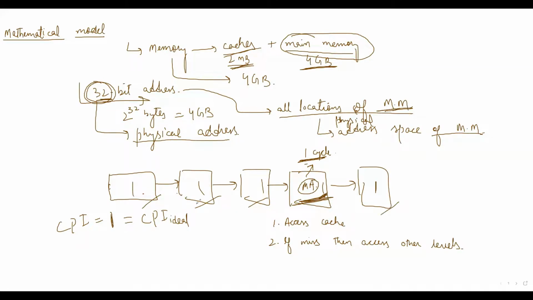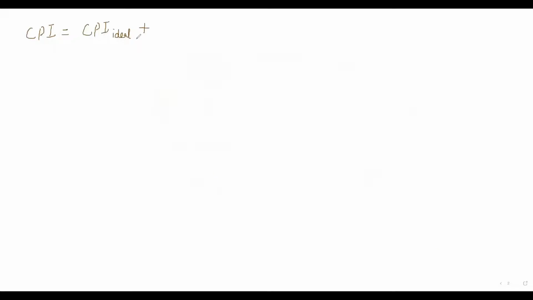So other stages may have their own penalties, may have their own bubbles, but we are only considering here the memory access stage. So it will be CPI ideal plus stall rate into stall cycles. What I mean to say, let's suppose I am in some of the instructions, my memory access is